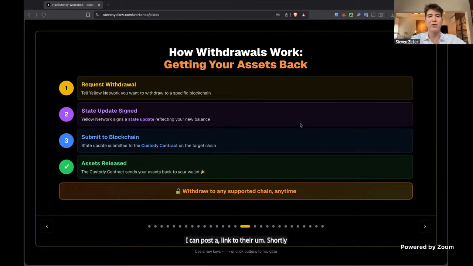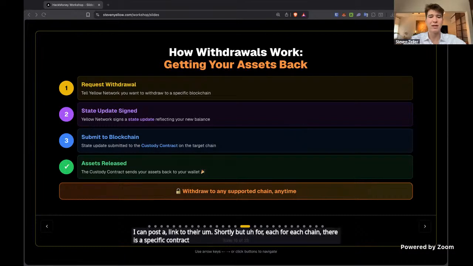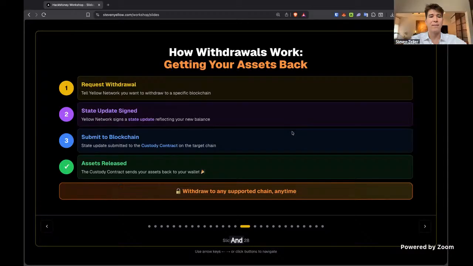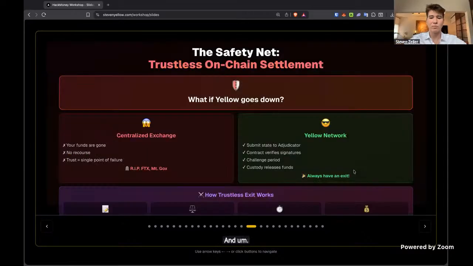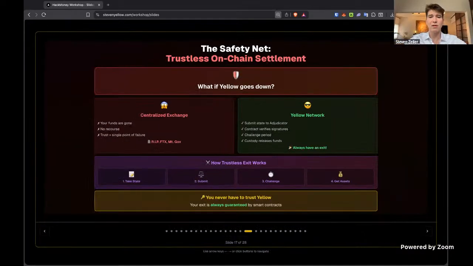But for each chain, there is a specific contract address, and our SDK provides some tools to easily interact with the various contracts. So you get a nice high-level developer tool experience for calling the contracts.